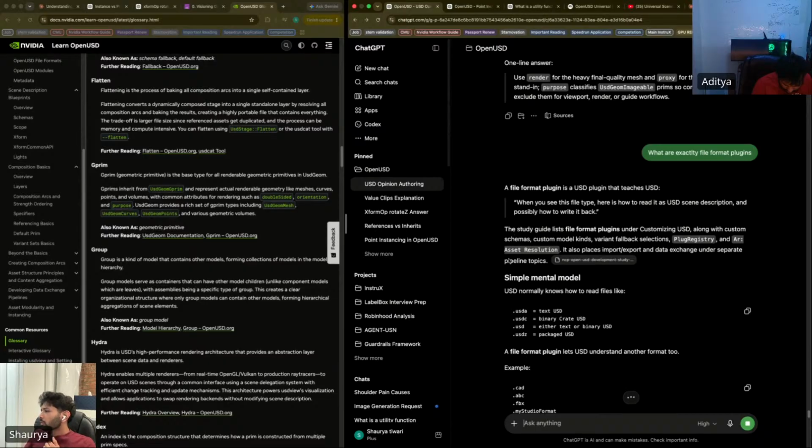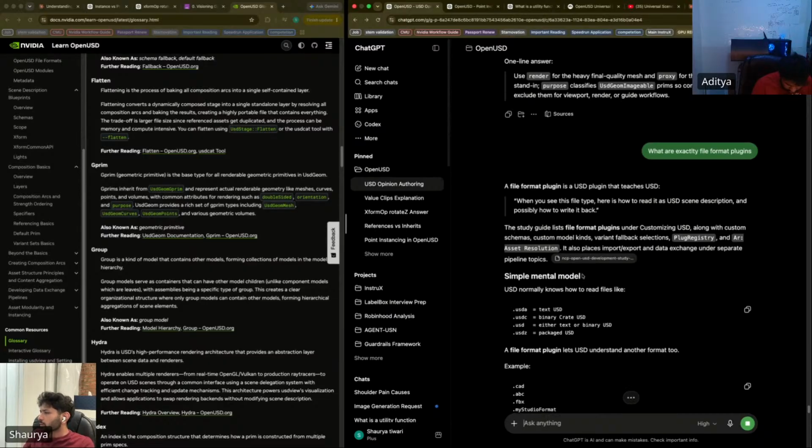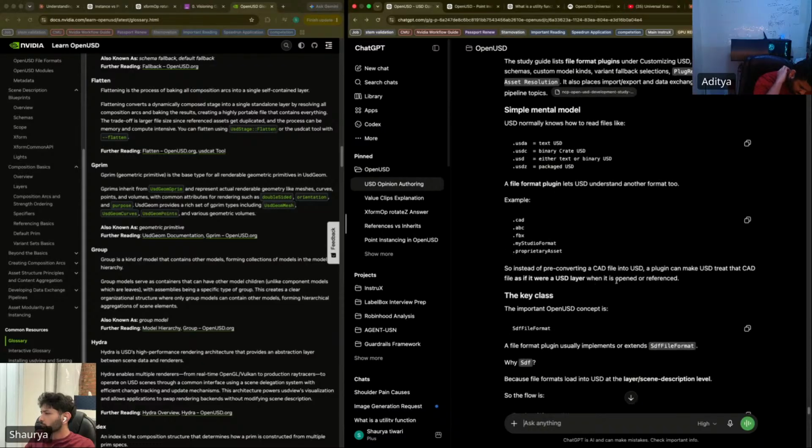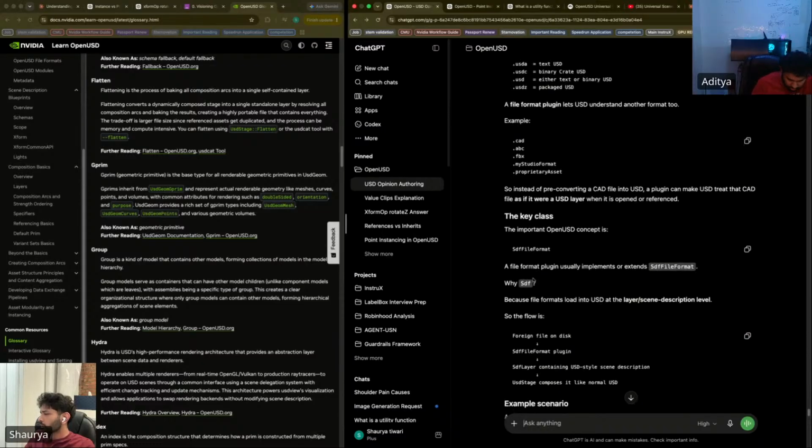They are for customizing USD to understand another format too. So instead of pre-converting CAD files, you use a file format plugin. Makes sense a little bit.